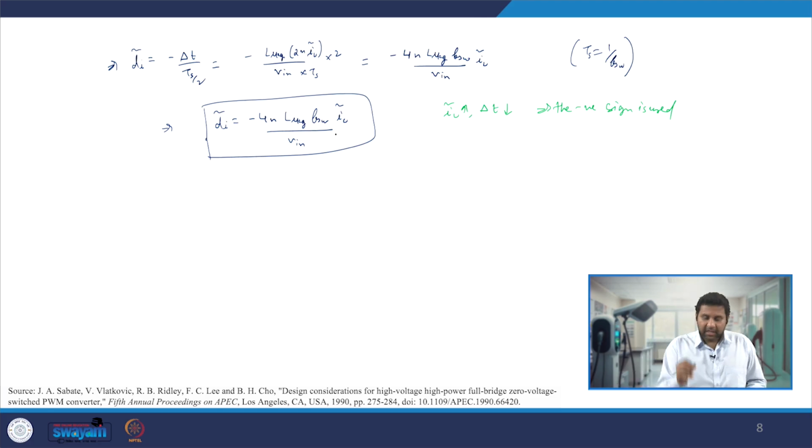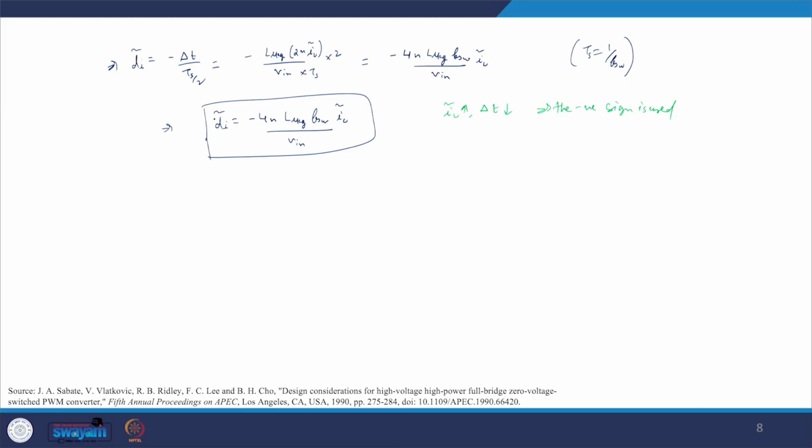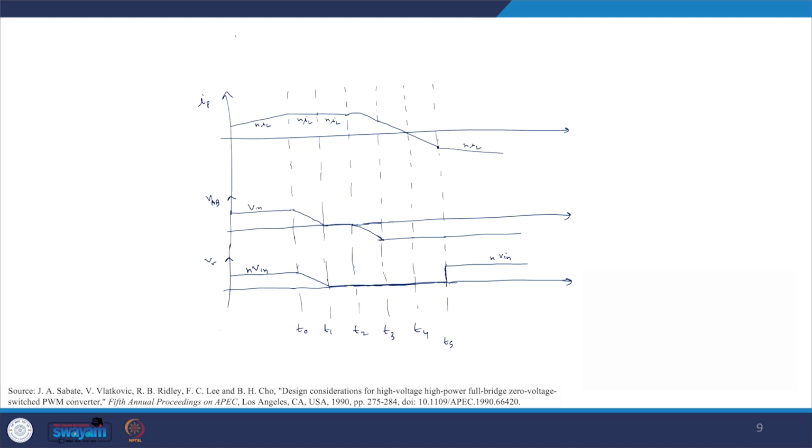So this is the additional term, the additional dynamics which we will see whenever we are changing our duty ratio, because when we are changing our actual duty ratio D, our VR voltage changes, and because of VR voltage our IL changes. Because our IL changes, there is another addition in the inductor current, and because of that there is more loss in the duty ratio, and because of that the D effective will have further changes.